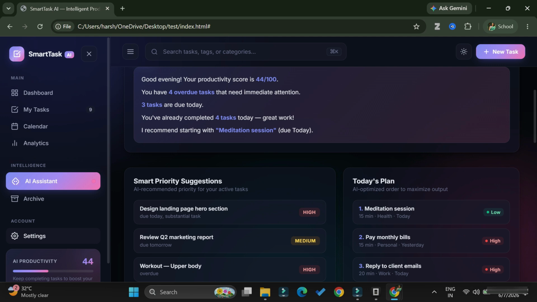Based on my task completion, how much is pending and how much is done, it is giving me a score also. And it is giving me some smart priority suggestions. You can see today's plan also it has shown. So everything is done by the AI assistant, it is calculating.